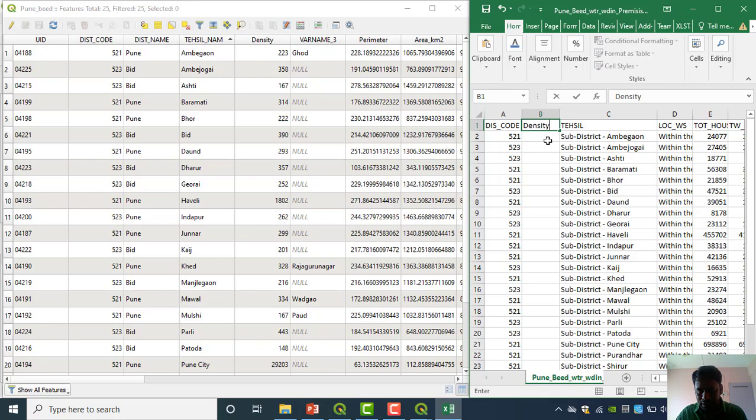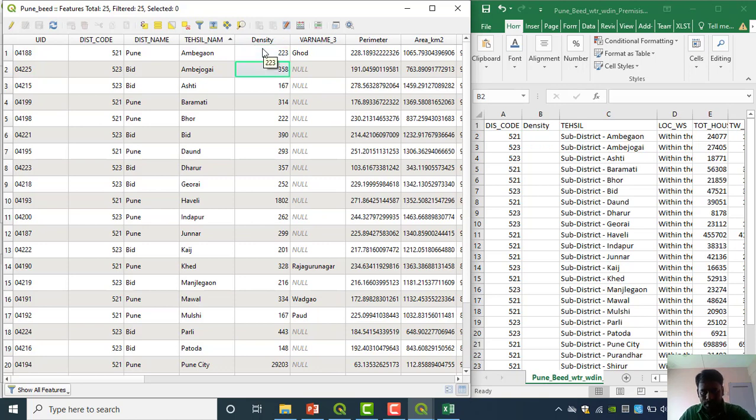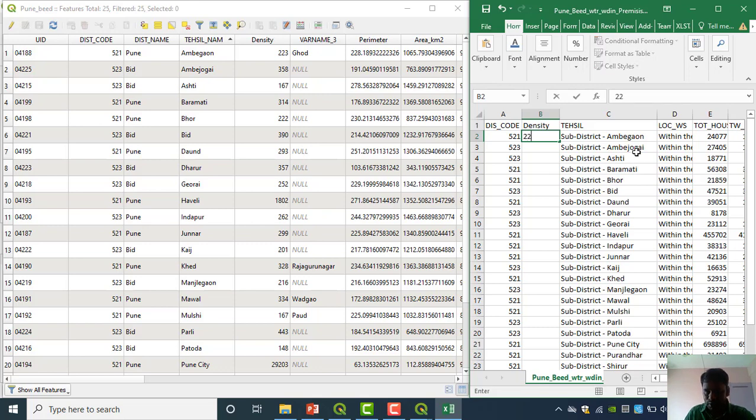Now see, we have to do the same thing. Already we checked this column Tehsil. Now we just have to generate this column. Ambegaon 223. Already we have checked this Tehsil name, so no need to go again.